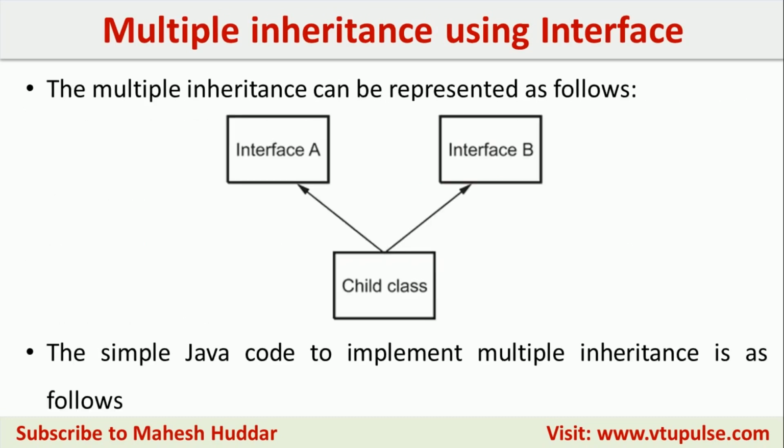What we do here is we create an interface for all the superclasses, and these interfaces are implemented in the child class, or you can say the subclass. That is possible. If you look here, the child class is deriving the properties from two interfaces. That is supported, but deriving from multiple superclasses is not supported in Java. So this is what we need to implement: we need to create multiple interfaces, and those interfaces will be derived in the child or subclass over here.